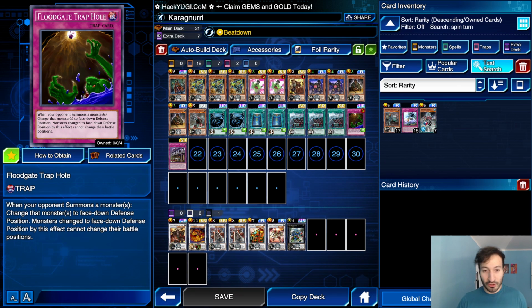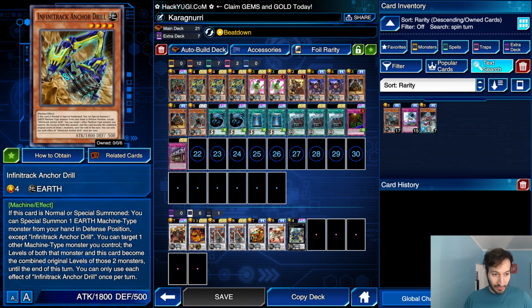So what does this deck try to do? The deck is built around Infinitrack Karakuri, which on summon you can special summon an Earth Machine from your hand, and then you can target another machine type monster you control, and you add both levels, and both monsters become that level. That effect doesn't come up that often here, because you just want to go like 4 plus 3 for a 7, or 4 plus 4 for an 8 into the